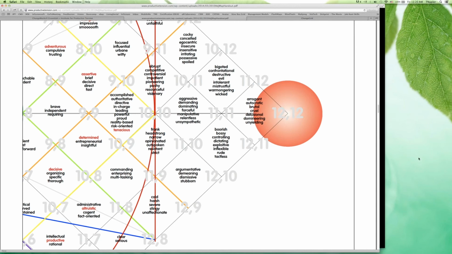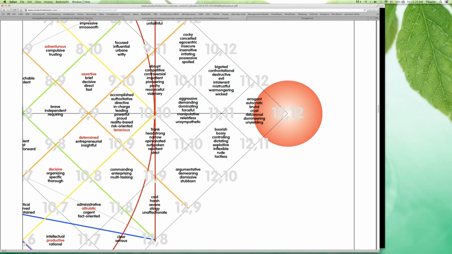Okay, so now how you use it is you go to the coordinate pair and you read the adjectives surrounding it, and as you read them, you ask your client which of these feels best to you. And you don't need to read all of them. Again, at a certain point, there's going to be 10 words in every single box. That's a lot of words to be rattling off at somebody. And so this is where we've always said that for someone to do a really good job of reading a change grid, they need an equal blend of intelligence and intuition.